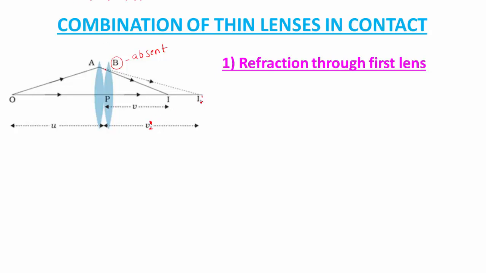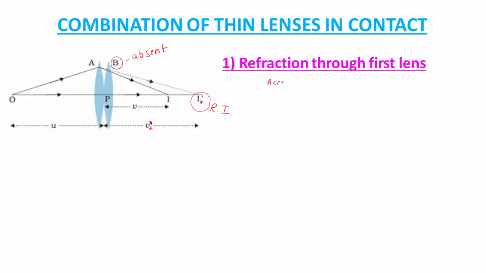Right? So, if B is absent, only 2 times refraction of light takes place, so that we can get the final image at the point I dash. Now this point I dash is the real image of the object O. If I am going to consider only one lens, then we already derived in the last session the thin lens formula. It is the same as the thin lens formula because this part is completely absent. So now I am going to use the thin lens formula.